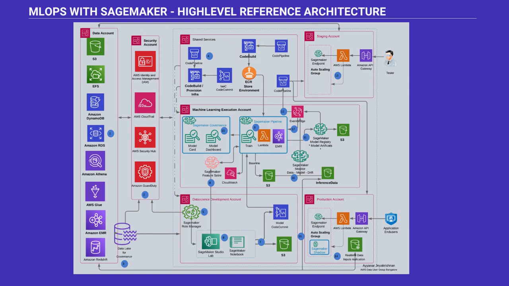Let's start with this data account. This is where we store all the data. The data can be in any format. It can be S3, or it can be in EFS, or it can be NoSQL on DynamoDB, or the data can be in a structured format in RDS or Aurora. And so if you are using Athena as a front end for S3,